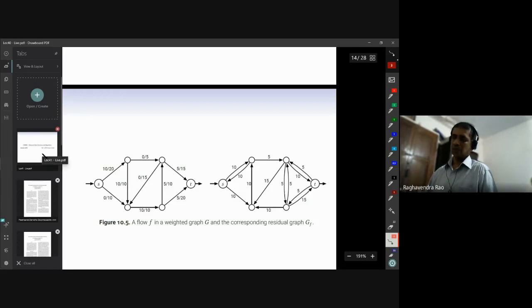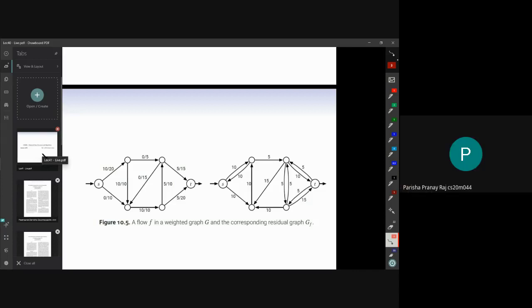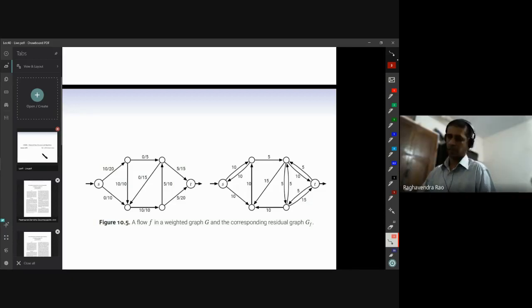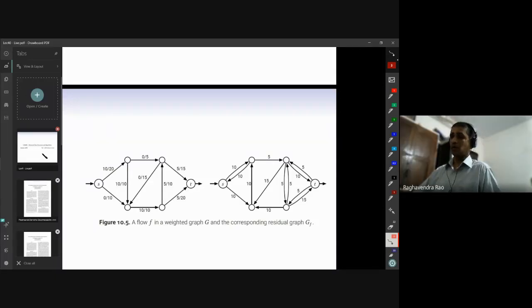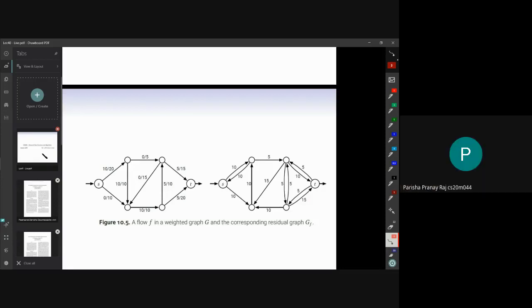I didn't really understand your question. What was your question? Sir, you were saying rerouting, and I'm not understanding the rerouting part. In the original graph, there is an edge going from S to the other vertex with flow 10, but in this graph we just reversed it. Is that the reason you are calling it rerouting? Yeah, that is rerouting. If I have allotted a flow of 10, allotted traffic of 10, and now I'm taking it away, reducing it, that's basically rerouting. That amount I have to send elsewhere. It's a notation. Okay, sir, please go on.